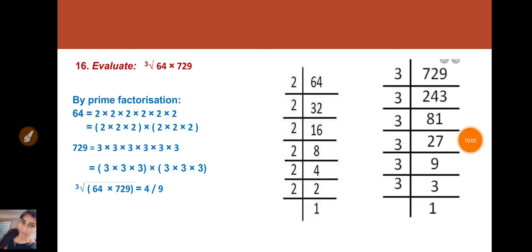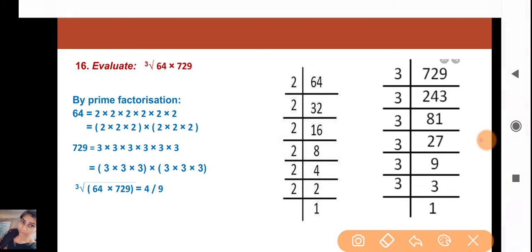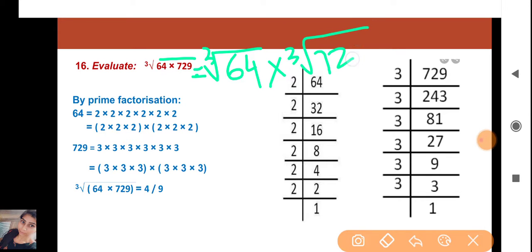Now we will do the next part, that is based on the cube root of product of integers, and we have shown the property that the cube root of the product of two numbers can be found out individually. So that means we are going to find out the cube root of 64 and then we will find out the cube root of 729. So let us find out the cube root of 64 first. So find out by using the prime factors method. 2 3s are 6, 2 2s are 4, then again 2 1s are 2, 2 6s are, 2 8s are 16, 2 4s are 8, 2 2s are.